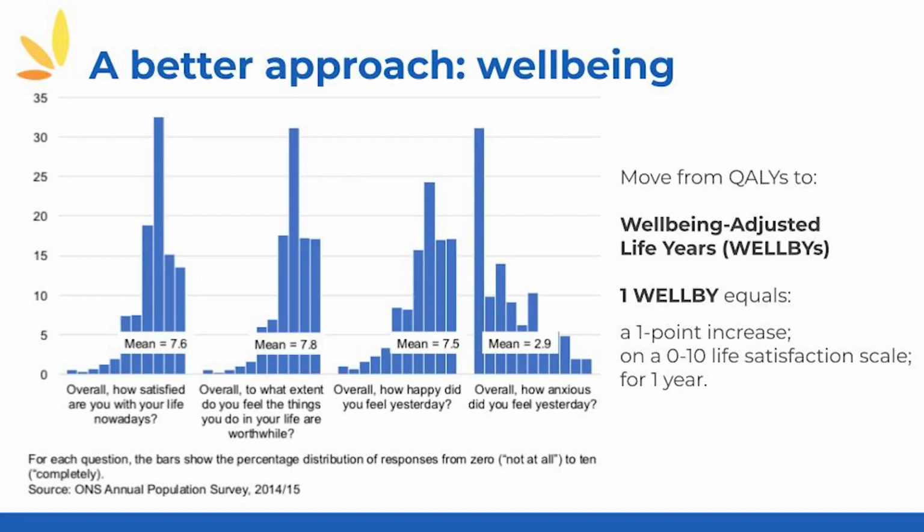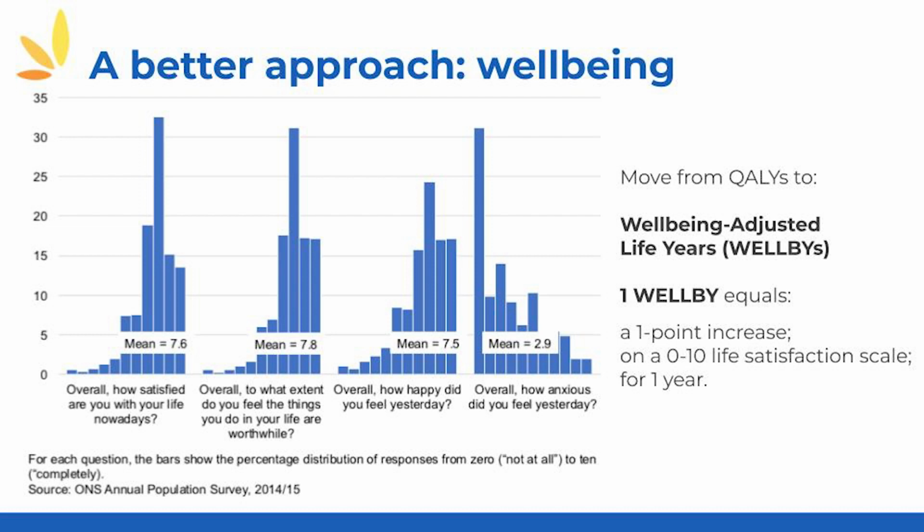So how do you do this? You can measure it with surveys. You can ask people questions like, 0 to 10, how satisfied are you with your life? This is just a frequency distribution. You ask this in the UK, most people say they are 7 out of 10. And there are other versions of this question. So just as we think in terms of QALYs and DALYs, we think in terms of well-being life years. If you think WELLBYs sound silly, they were nearly called WALYs. Anyway, so what is one WELLBY? You've got your 0 to 10 life satisfaction scale, so a 1-point increase for 1 year is one WELLBY.